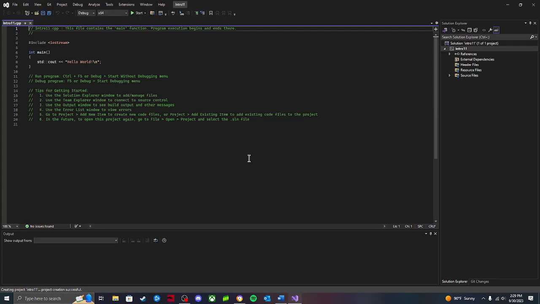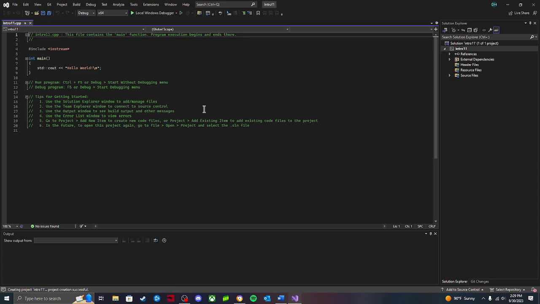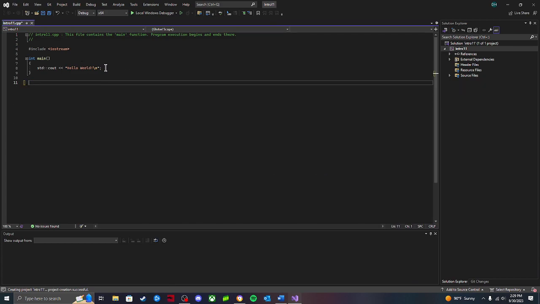Alright, while it's loading up, you get this screen again. We'll go ahead and delete all these. Go ahead and delete this. And we'll leave everything else pretty much the same from here on out. The backslashes, you won't see this in the program. Not sure if I said this before. These are just comments to kind of help you,